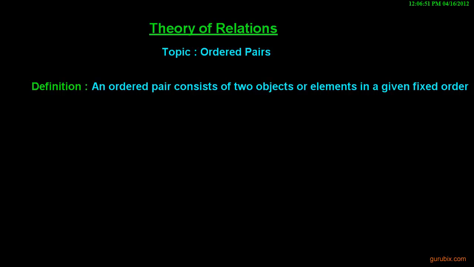Welcome friends. In this video we shall learn a very important topic, ordered pairs, and this topic is of theory of relations, and we can define an ordered pair like this. An ordered pair consists of two objects or elements in a given fixed order. This is very important. For example,